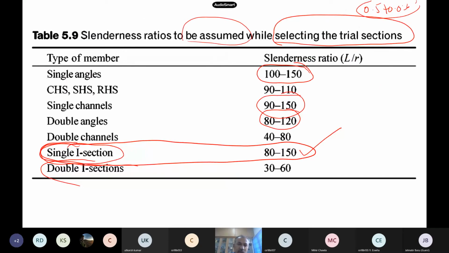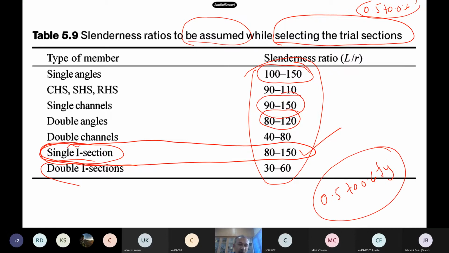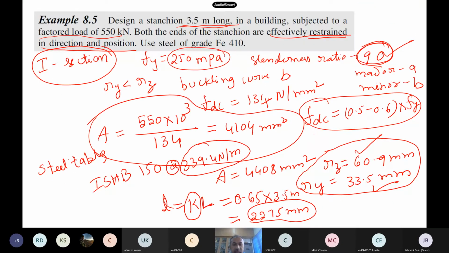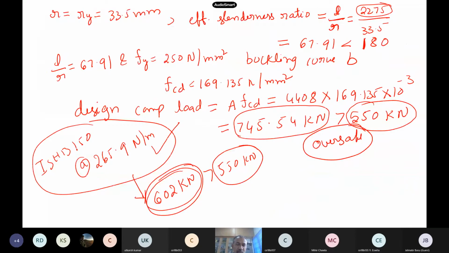So for starting a problem, some guidelines are there, so you can use this and start your problem, or you take the design stress as 0.5 to 0.6 times fy, and then you can choose a section and do the routine calculations. I have explained, we have done some simple problems. In Duggal's book or any steel textbook, there are a lot of problems, and of course we will also be giving you an assignment where you can practice some of these problems.